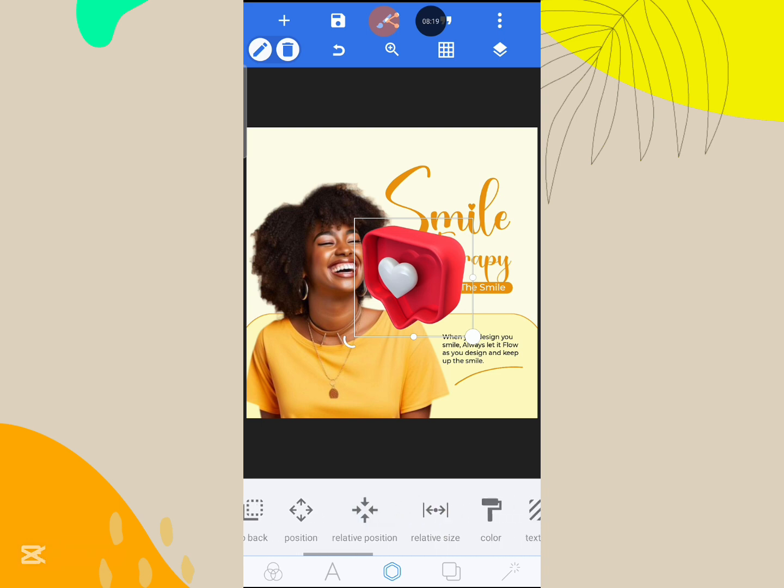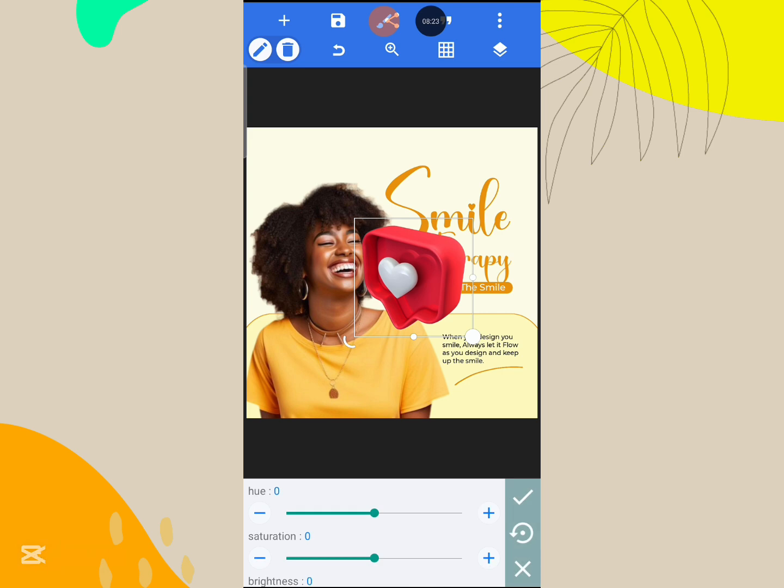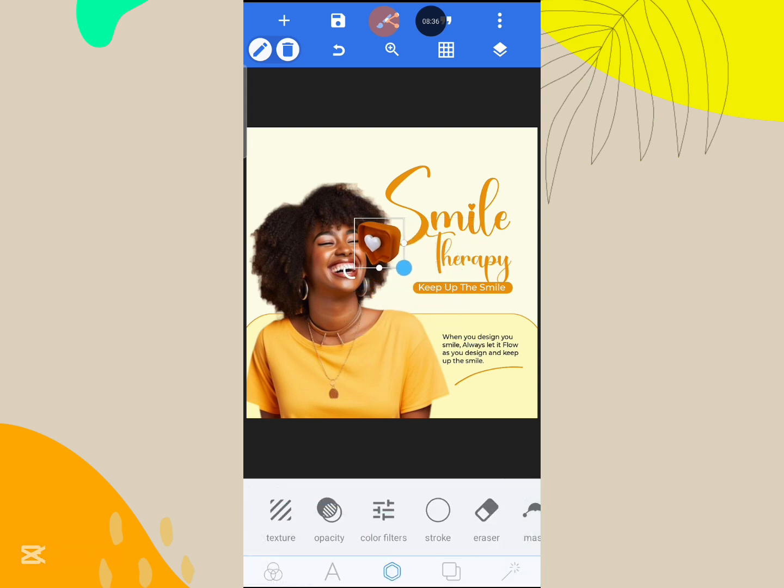To change the color, you just have to scroll this way, go to color filters, click on color filters, then from here adjust the hue till you get the right color. Okay, you have gotten it to 44, then click check mark, then reduce it. You can place one here, reduce it a little,